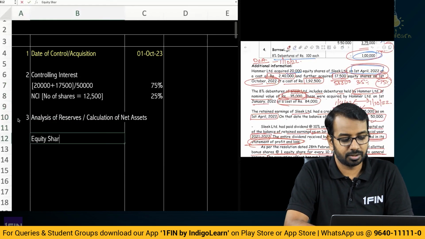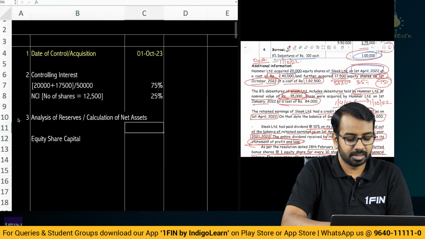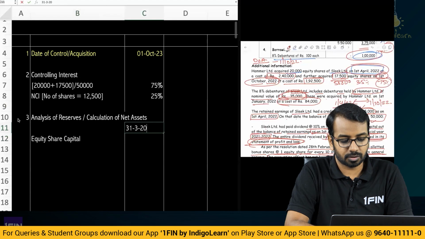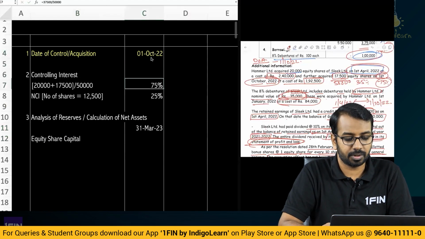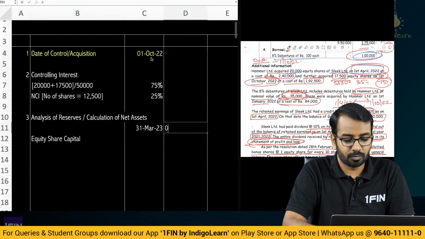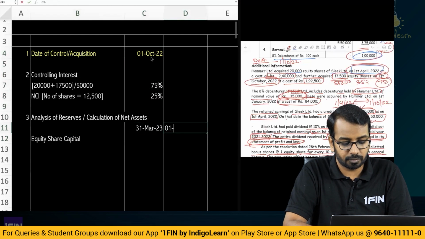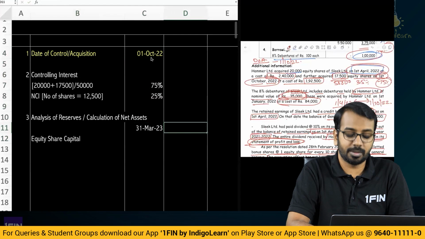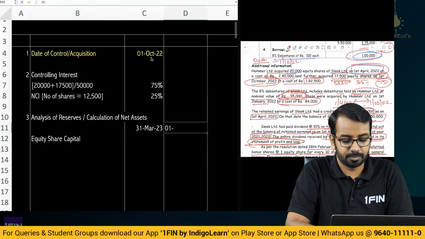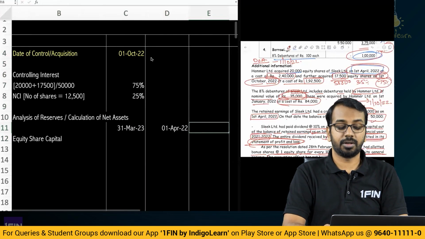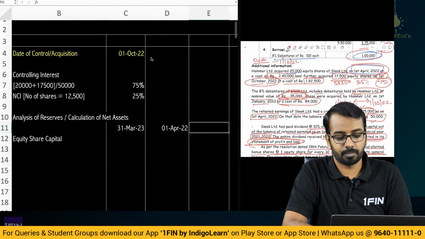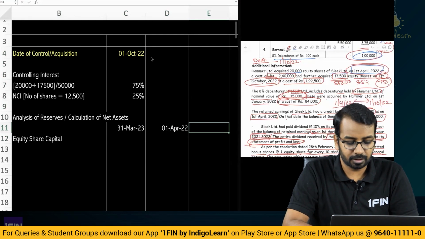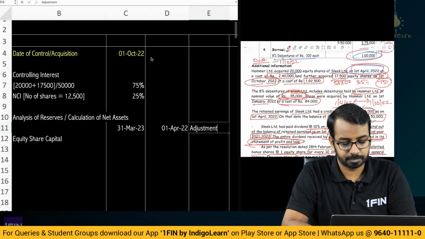We have equity share capital. This is on 31st of March of 2023. Date of acquisition is 22, not 23. Okay, 31st March of 23. And what is the balance on 1st of April of 22? That is the number they have given. And we will need to adjust, and with this reference we can calculate what is the adjustment